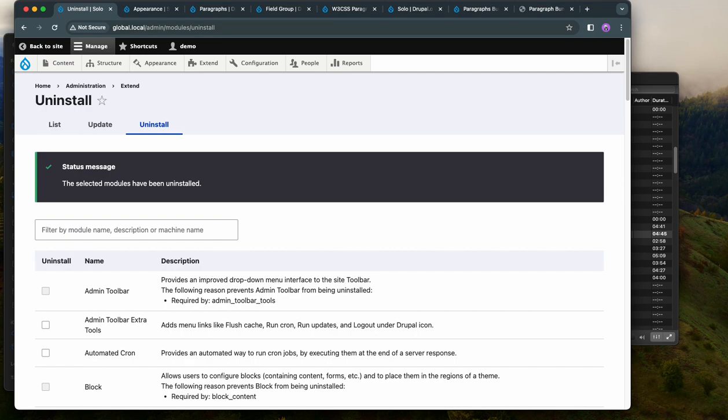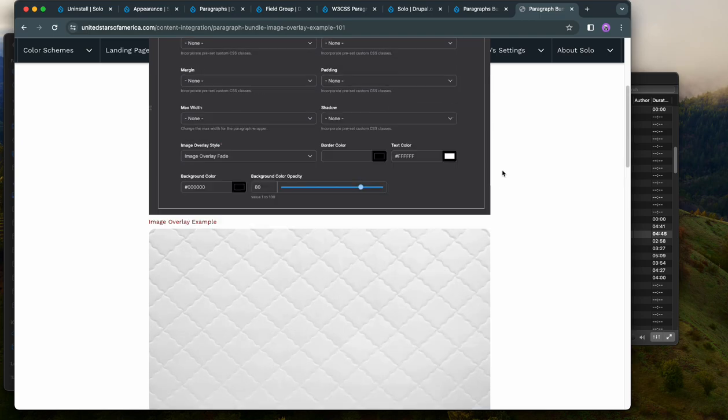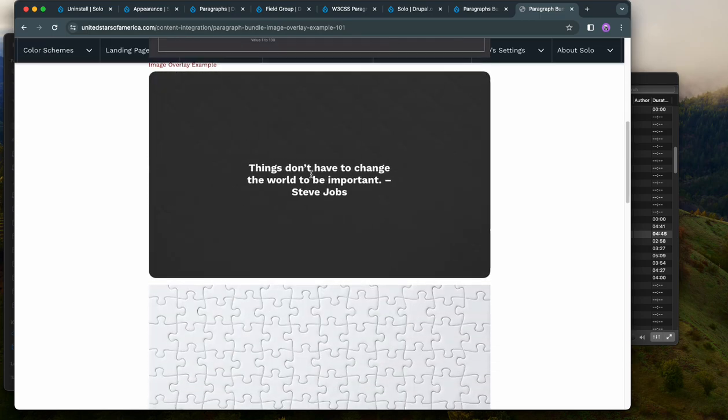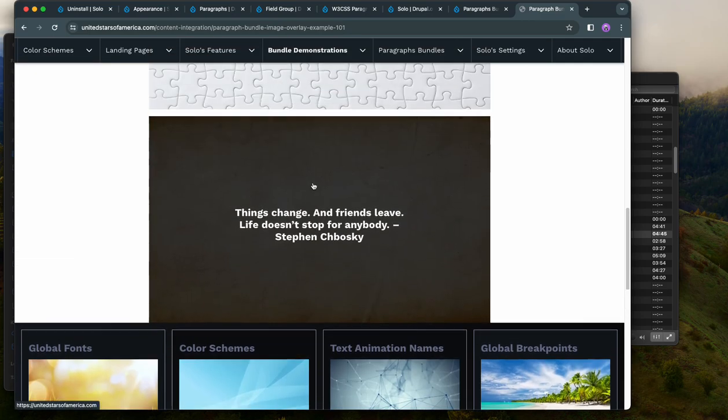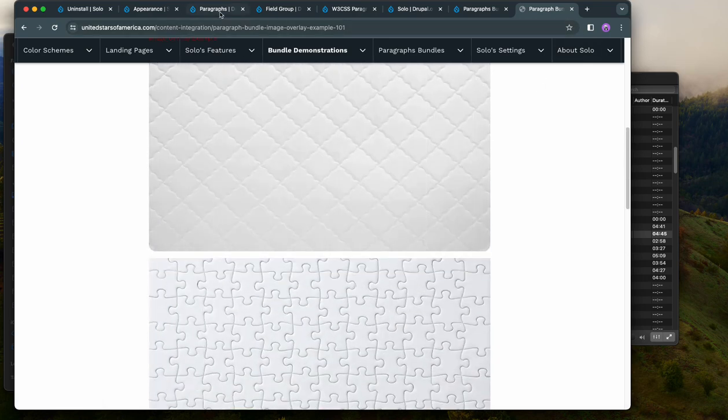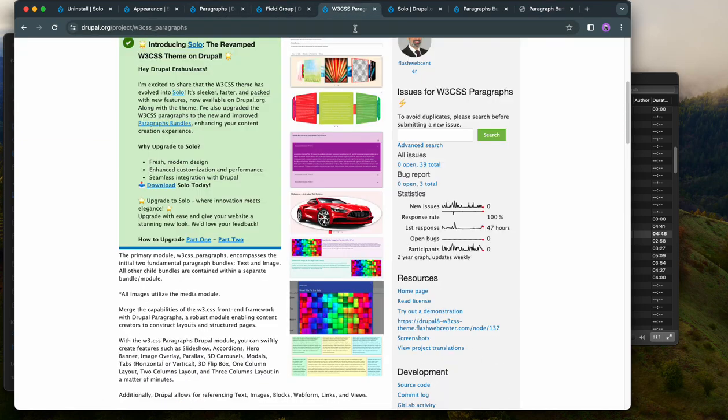My name is Ala Haddad and I'm the developer of the Paragraphs bundles module, and today we're talking about image overlay. To follow with me, this is the image overlay example or the demo. This is what the bundle can do. So you need to install field group and paragraphs